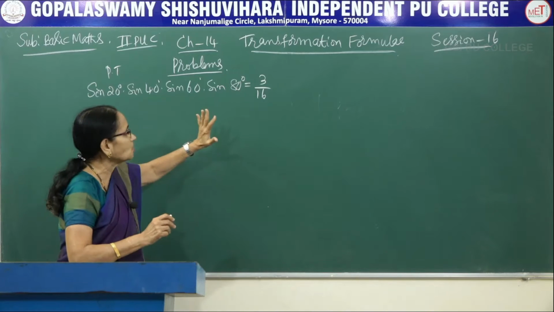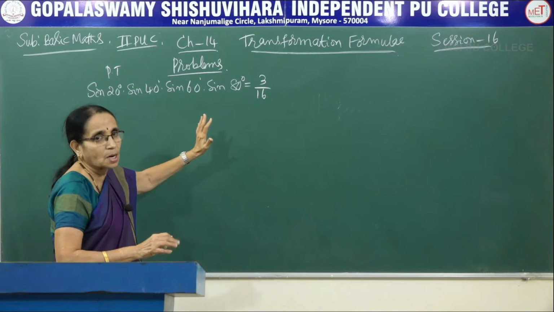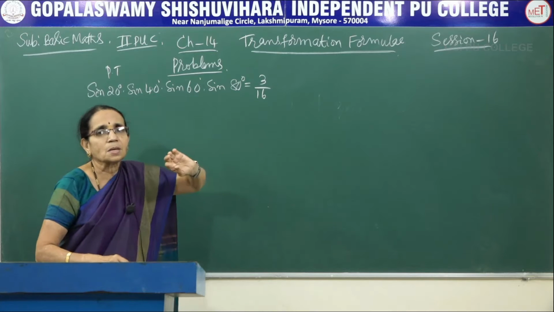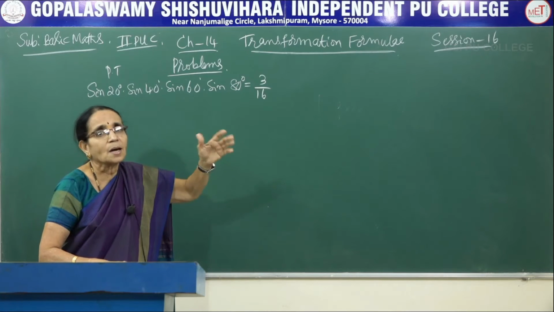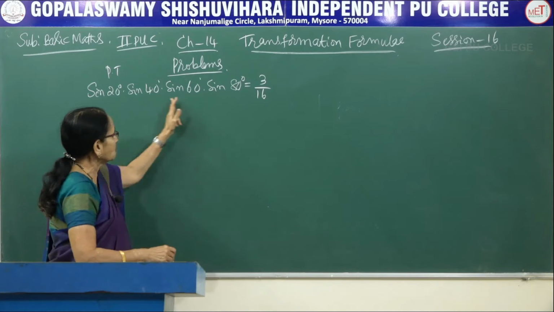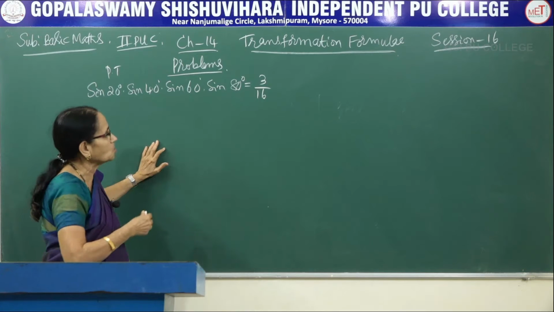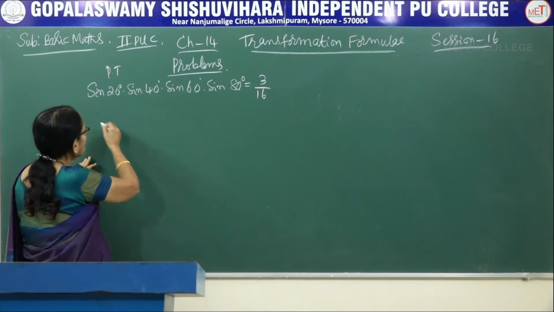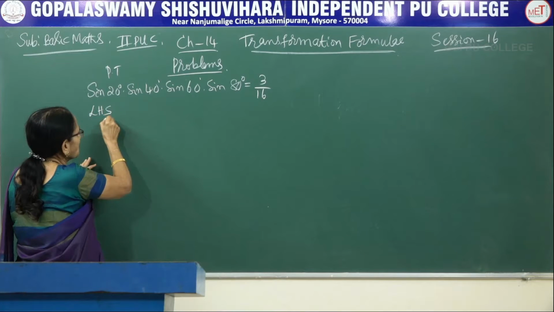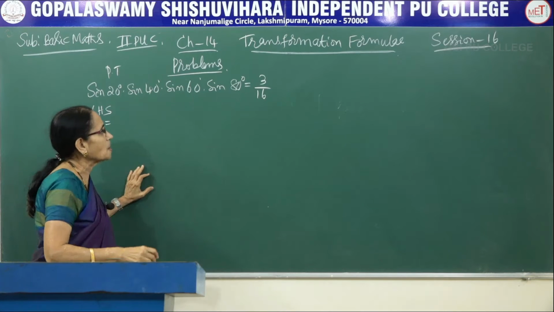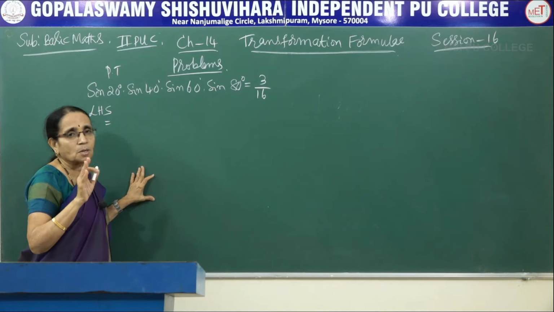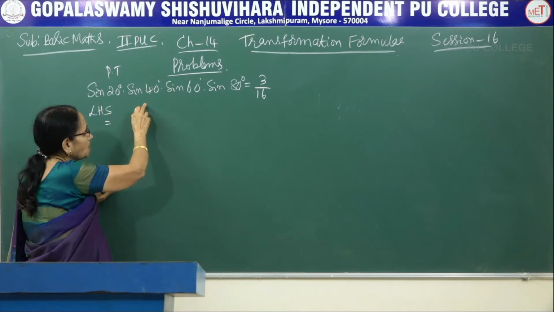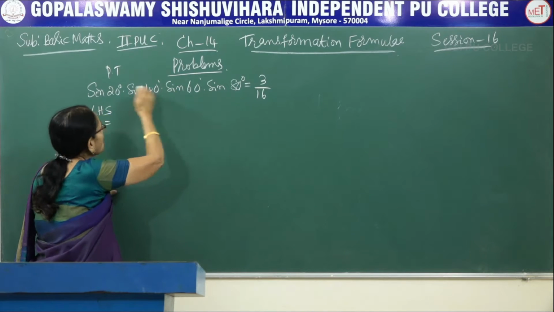Similarly here we are having 4 terms. It's a product containing 4 terms, and on the right hand side you observe that we don't have any trigonometric ratio at all. It is only a real number. Now here using the transformation formula, we have to try to get 3 by 16. Now start with the left hand side. When there are 4 terms, it is your choice. We cannot take all of them together. Any 2 you can take, either first and the second or the fourth and the first.